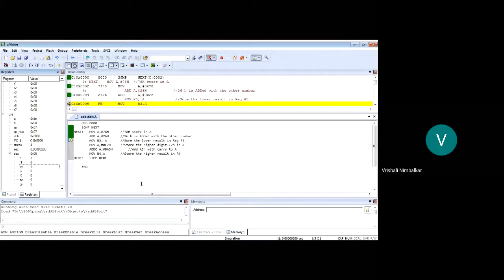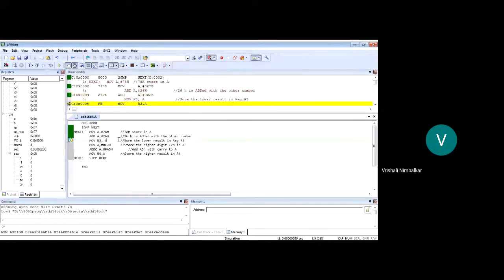But then students, does that matter to us? No. Because I am just doing addition of two numbers. I didn't say they were positive or negative. So this overflow is to be ignored. It is to be considered only when we do signed arithmetic. Now we are doing unsigned. So this overflow flag is of no use to us. Okay. So the accumulator has the answer 9E.